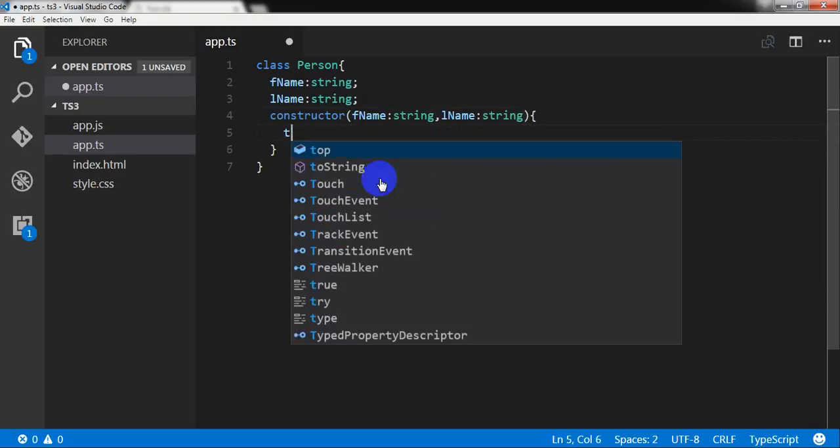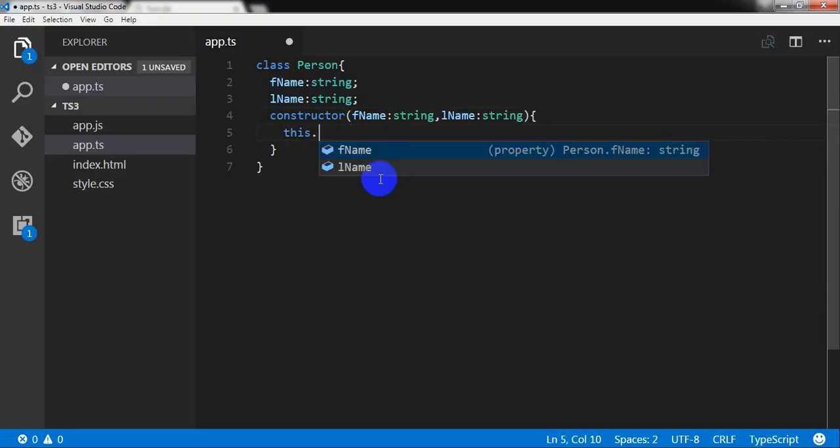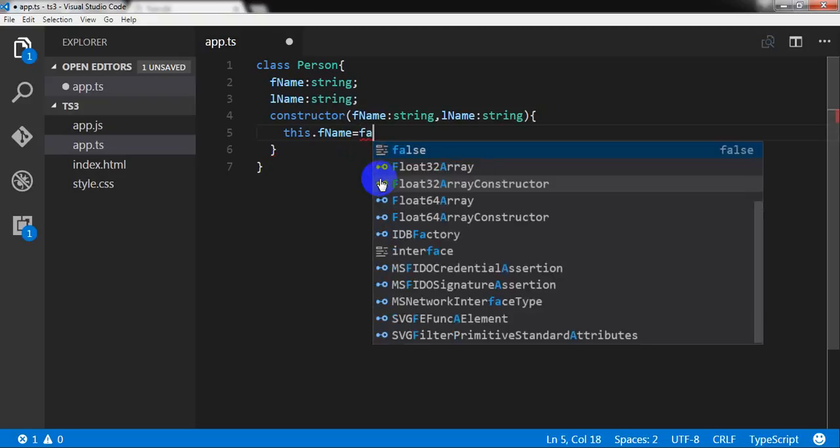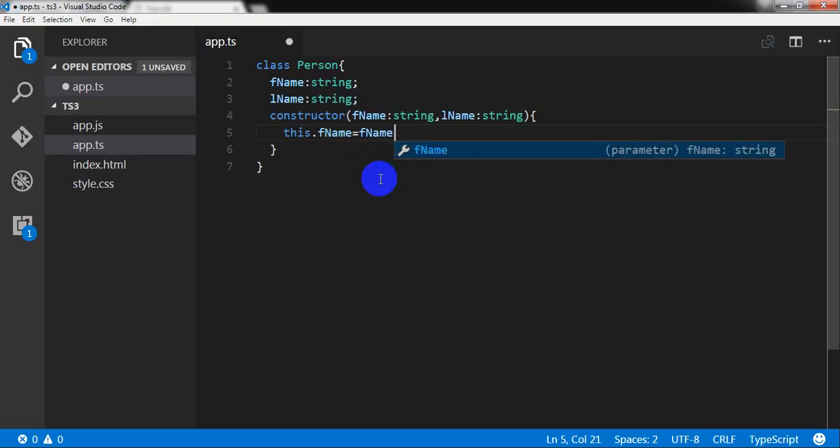and I can write this dot fname is equal to fname, and likewise this dot lname is equal to lname. Okay,